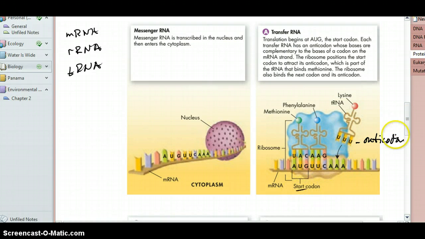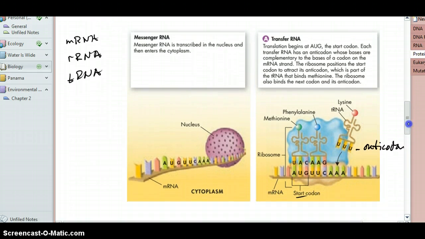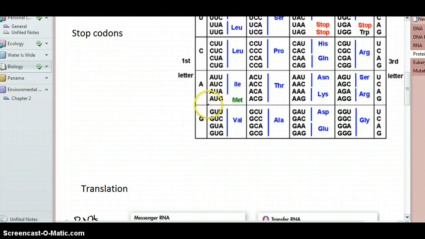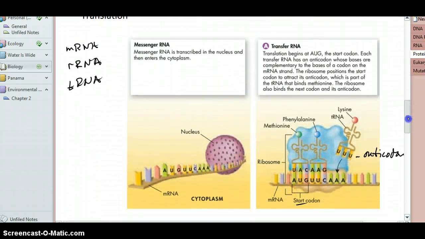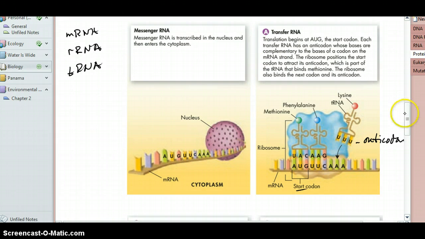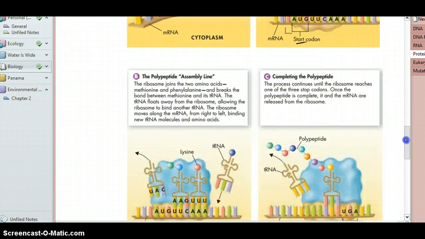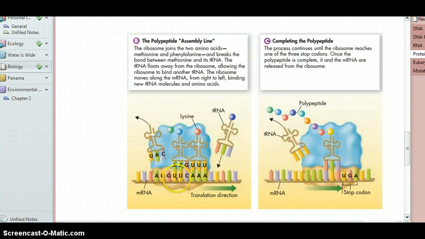Now notice they differentiate what's called the start codon here. The start codon is the one that always signals the beginning of an mRNA, and it always corresponds with AUG and methionine. So that's what always begins the production of the polypeptide by the ribosomes. So the mRNA just moves along the ribosome. The appropriate tRNAs bring on the appropriate amino acids. The amino acids are bonded together with peptide bonds, and the protein grows, or our polypeptide grows, until finally